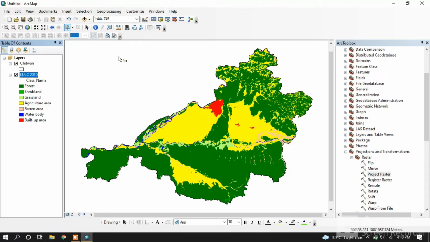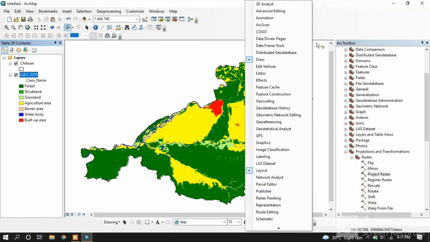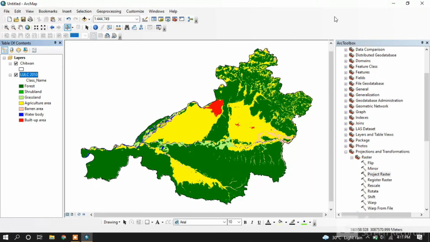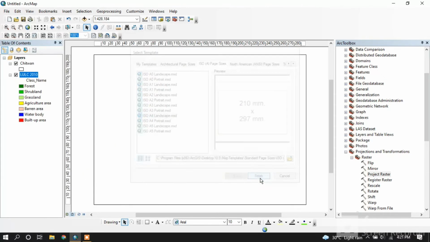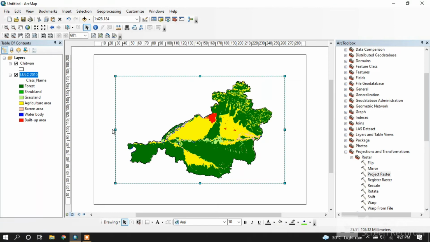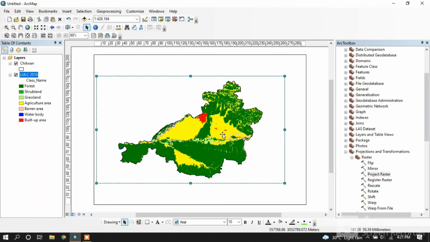For that you will need this toolbox. This one is the layout toolbox. If you don't have this one, just right click here in the blank and you will see layout. You just have to go to change layout, select this landscape.mxt and finish. Now you can drag it as you wish,